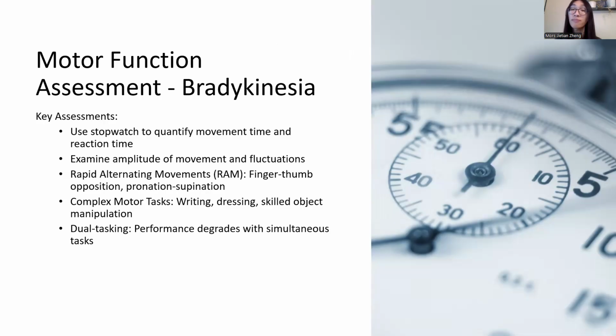We examine the amplitude of movements and look for fluctuations throughout the task. Rapid alternating movements are particularly revealing. Tasks like finger-thumb opposition, pronation, supination, and repetitive hand opening and closing show the progressive decay in amplitude that is characteristic